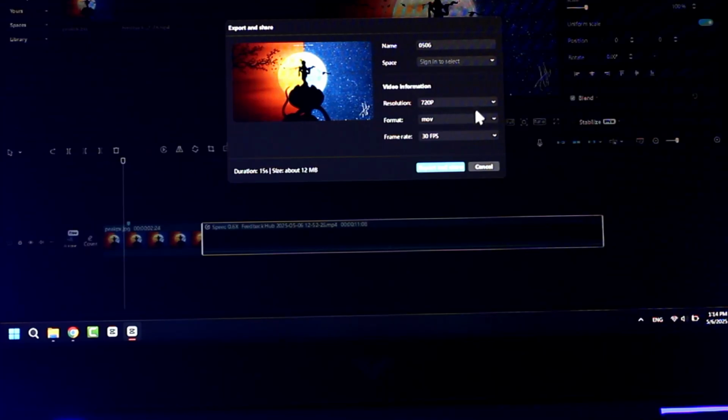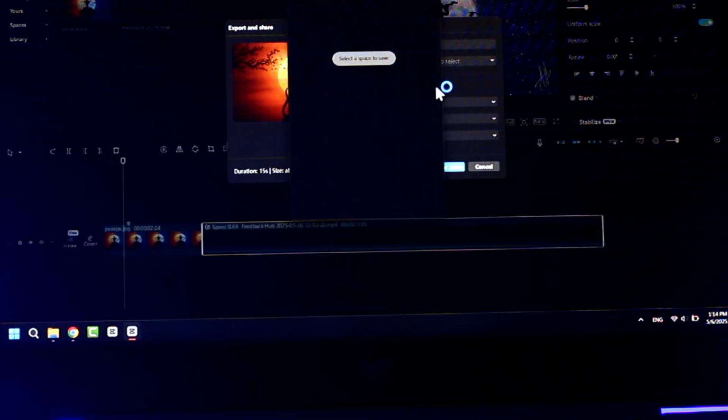you can select the resolutions if you have any. It swaps its resolution and format. You can see the frame rate, then tap on export and share, and now you can go ahead and export